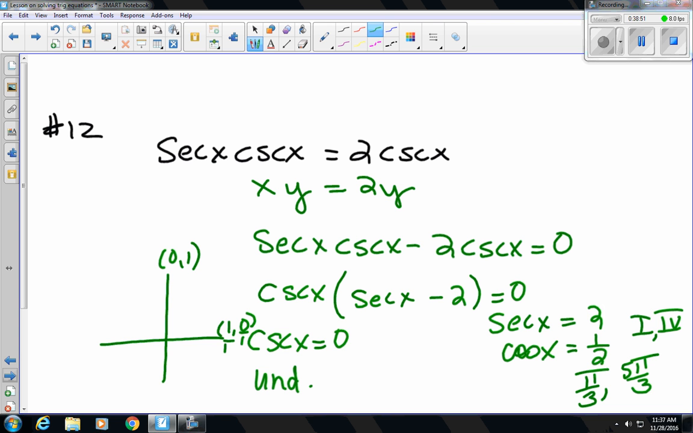So all of these, I'm pretty sure on WebAssign, they're all exact. They're all going to be places on the unit circle that you know. And then eventually, yes, we'll get to ones that you'll have to use your calculator for. All right, any other questions? Okay, so